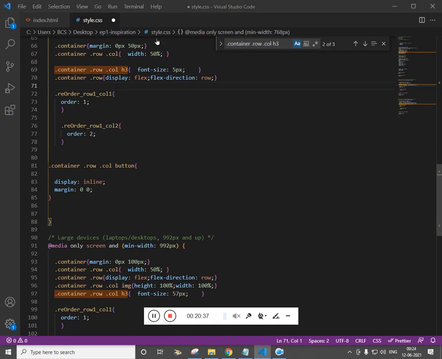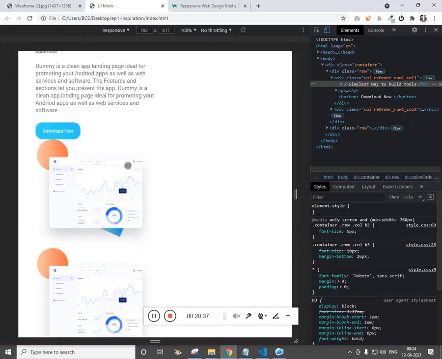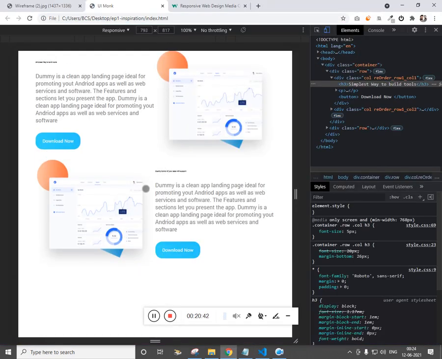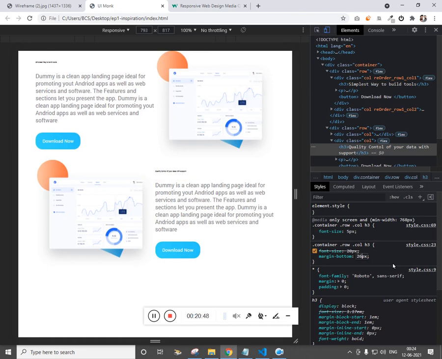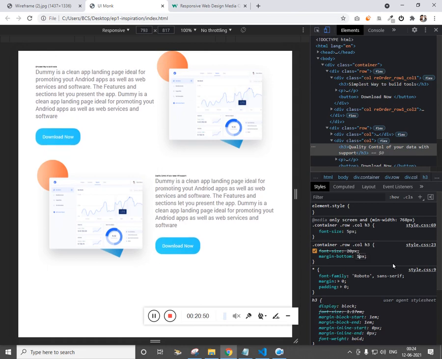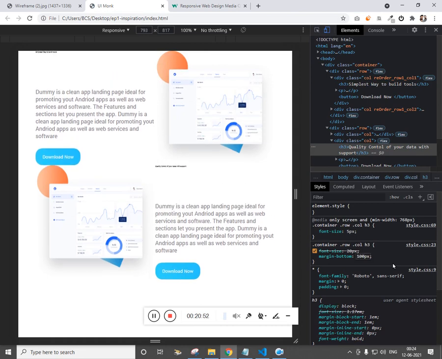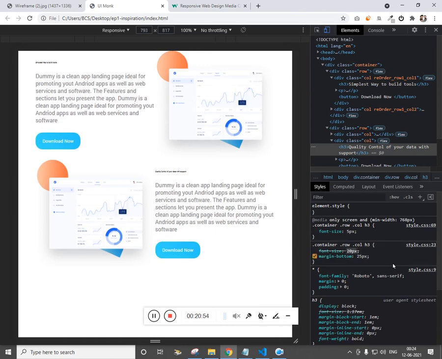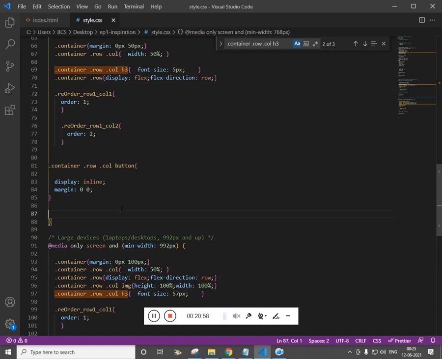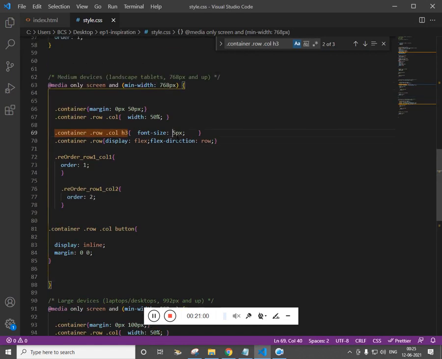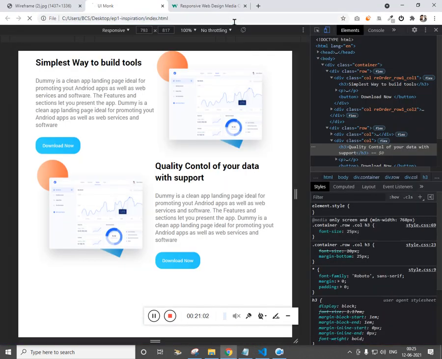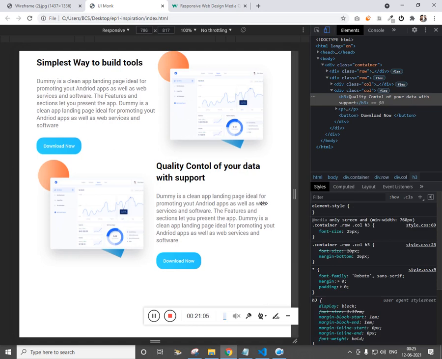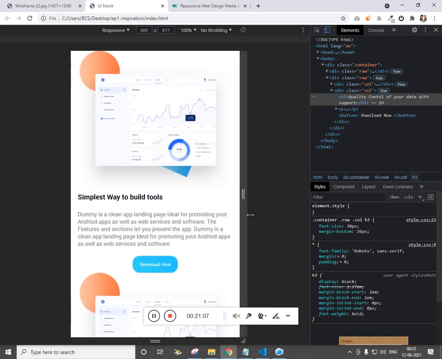So 25 is too small. Actually it's just 5. What happened to there? We have missed 2. So this is for tablet, this is for mobile, one below other. For tablet, side by side, and for desktop the image size is too big. So that's all for this video. Thank you so much for listening.